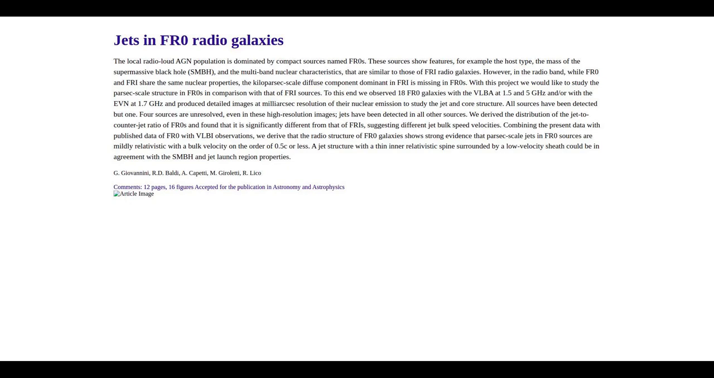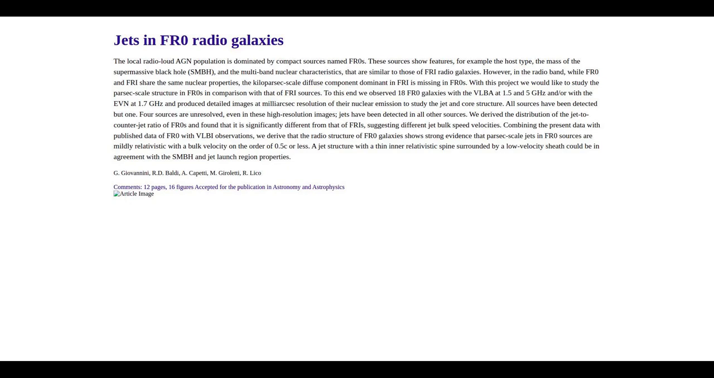However, in the radio band, while FR0s and FRIs share the same nuclear properties, the kiloparsec-scale diffuse component dominant in FRIs is missing in FR0s. With this project, we would like to study the parsec-scale structure in FR0s in comparison with that of FRI sources. To this end, we observed 18 FR0 galaxies with the VLBA at 1.5 and 5 GHz and/or with the